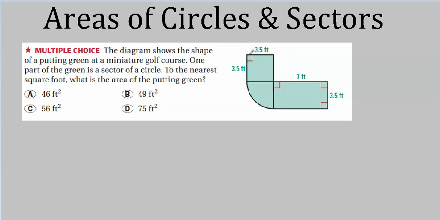Well then, let's see here. This is a right angle, this is a right angle. We've got rectangles here. That's cool because then we know. In fact, we got a square up here. That's even easier. So we know that this, which is actually a radius, is 3.5. And we got 3.5 over here for this rectangle. So these are both radii. So they should have exactly the same length. If this was different here, then we wouldn't really have a circle. And we'd be in trouble. But we have a circle, so we're not in trouble.